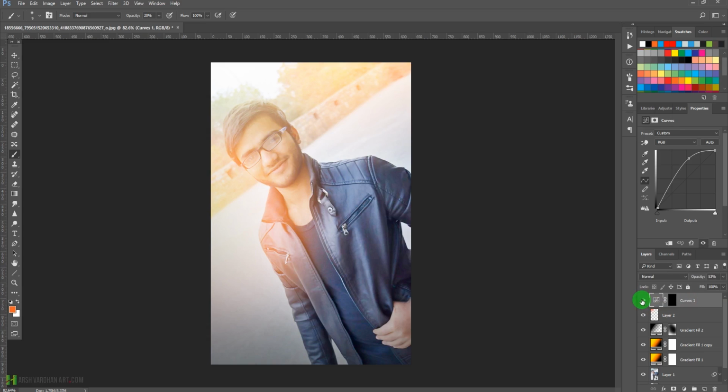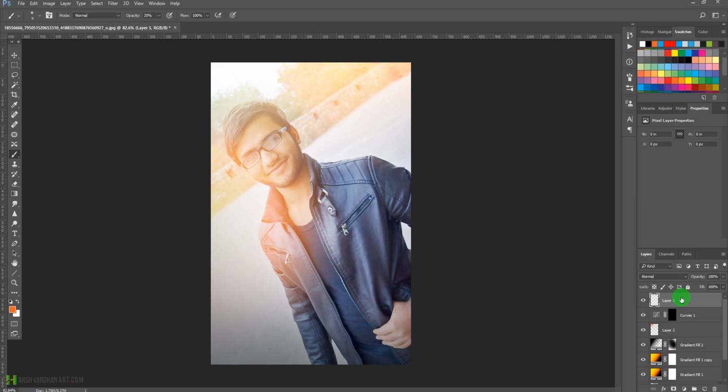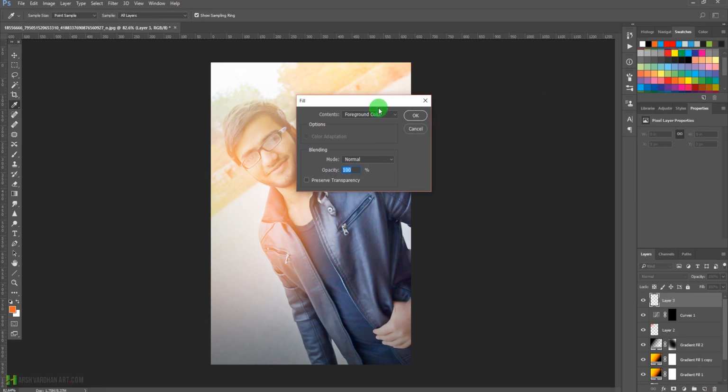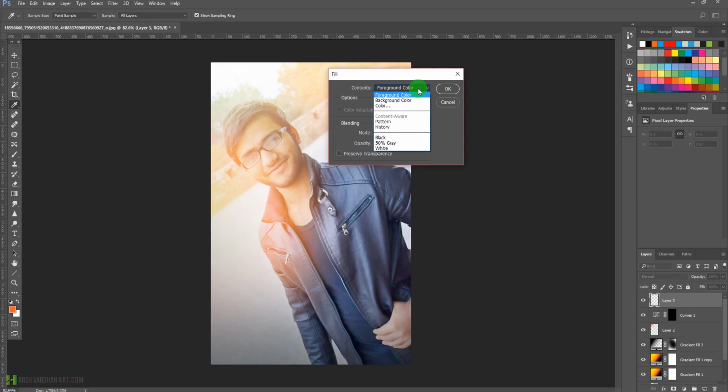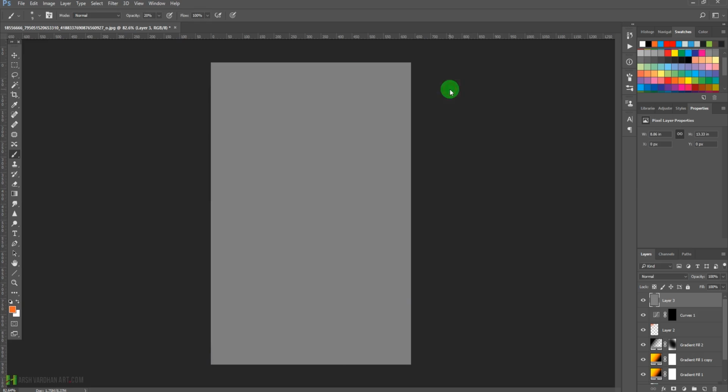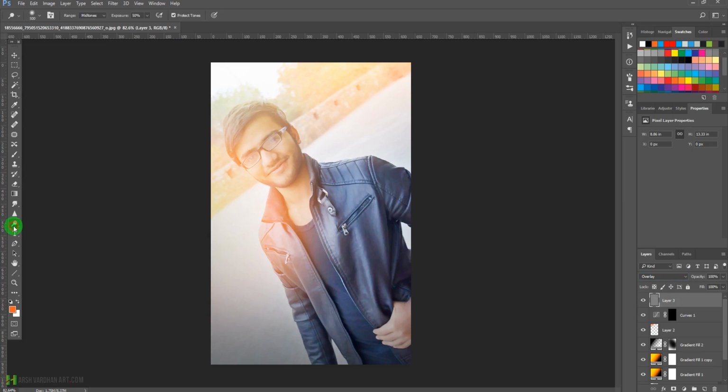All right, and now let's dodge and burn this image. So we'll create a new layer, and by pressing shift backspace, it is going to open the fill option for us. And from this drop down menu we are going to select the 50% gray, and we'll press OK and change its layer blend mode to overlay. And now we'll select the dodge tool by pressing this icon, or you can press O on your keyboard. Make the size of the brush smaller and make sure the exposure is around 10% to 15%. Okay,